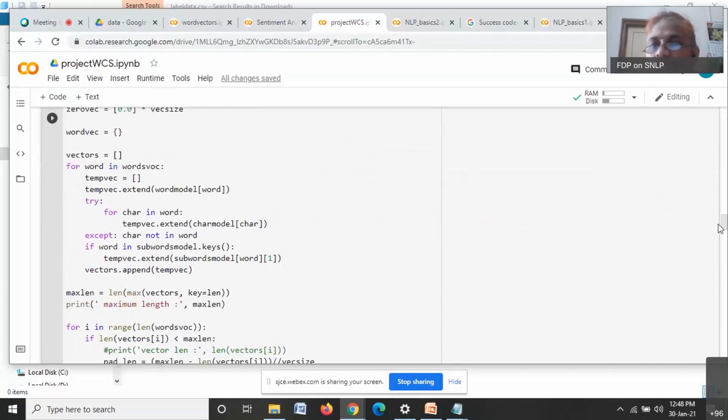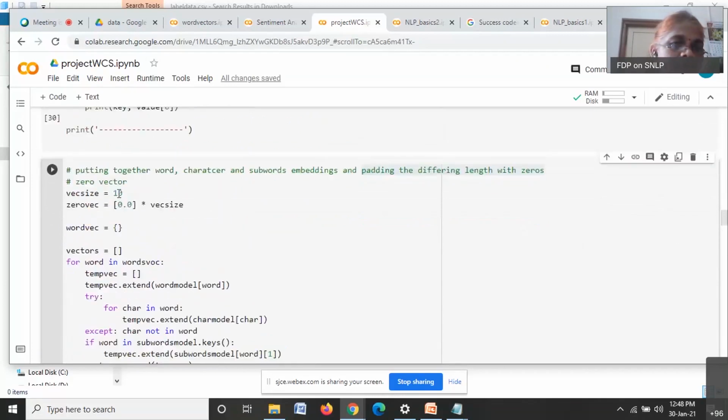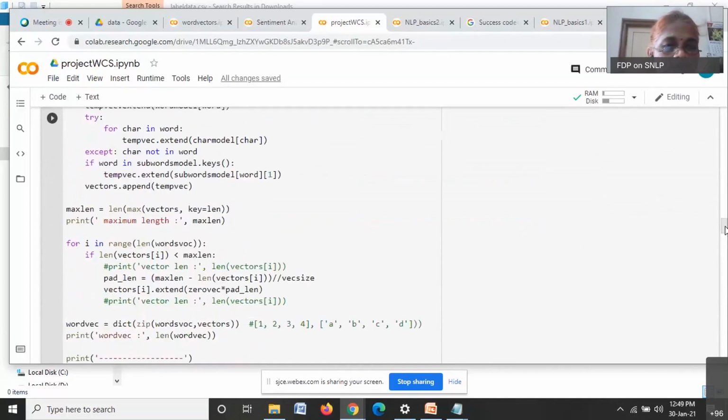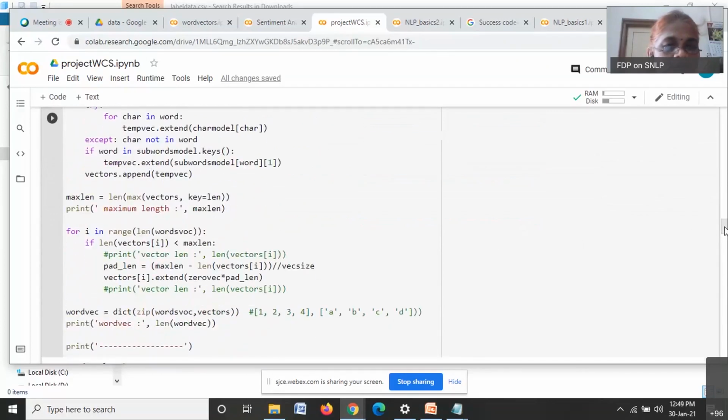So we have 0, vector size equal to 10. We have considered 0, 0.0 into vector size. Here you can see that we have padded with zeros.